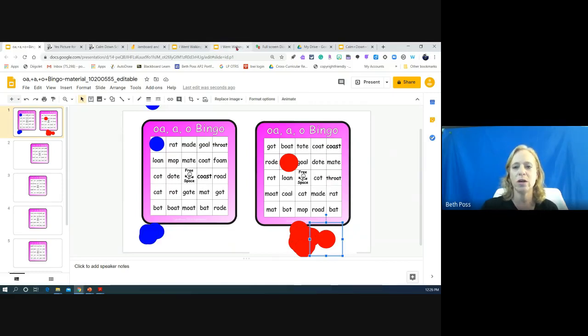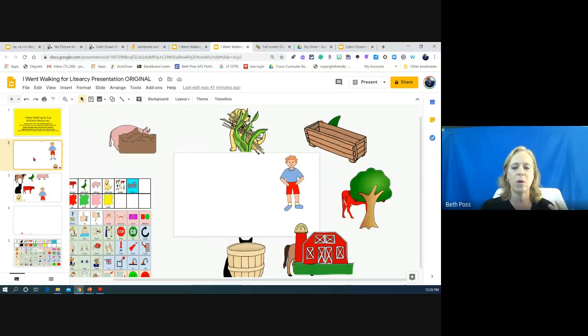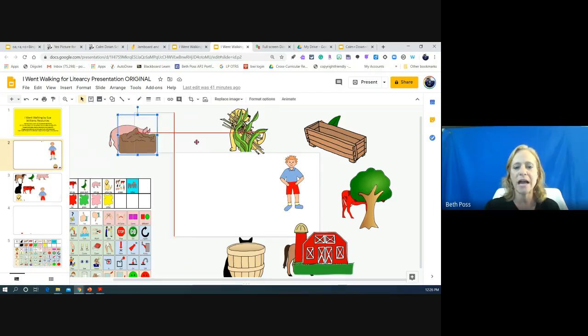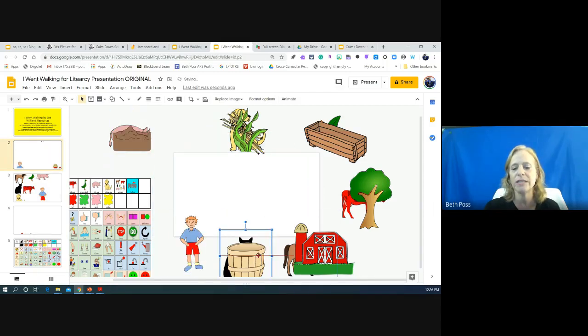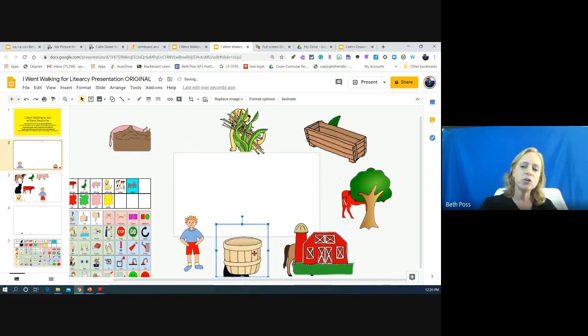I just want to show you one other example of a really fun activity that you can do. So this was one I did for the children's book I Went Walking, and the same way you'd be able to copy and paste all of your images into Google Slides, we could do that here, right? And then I have that boy goes walking and he's looking and he says, oh, what do I see? And we move that along and we've got the cat. So I've got my digital materials the same way I might do with a felt board